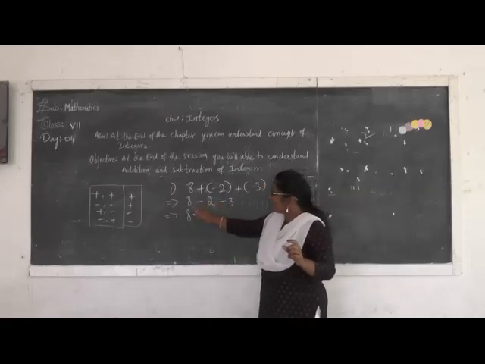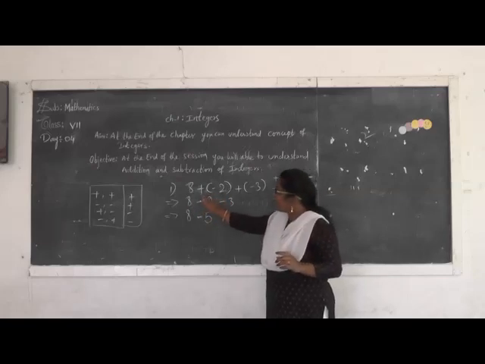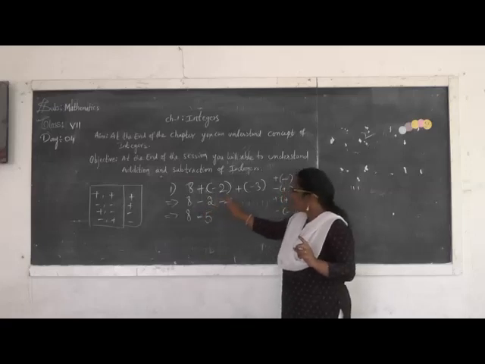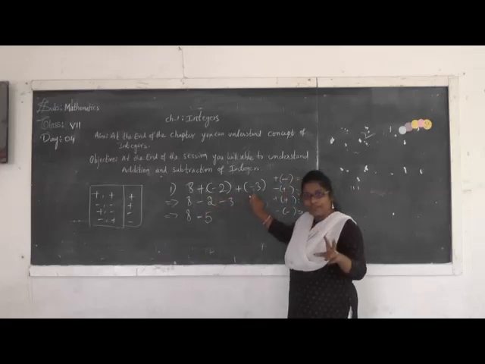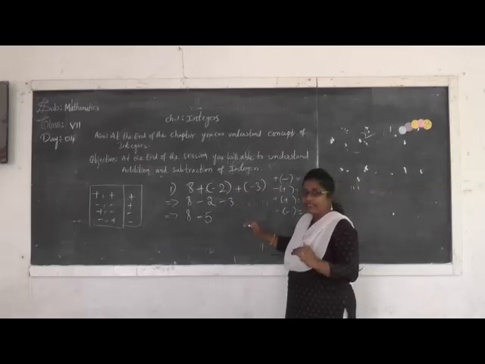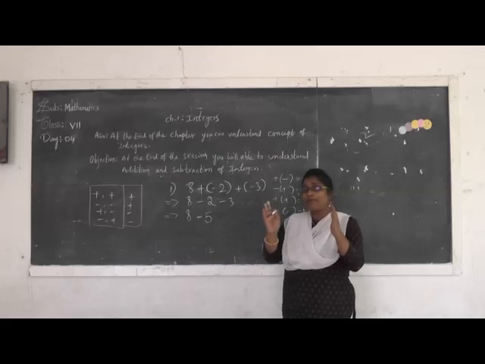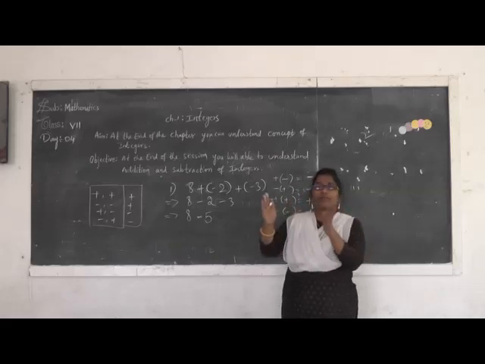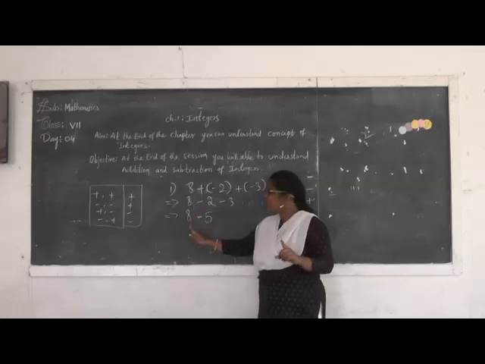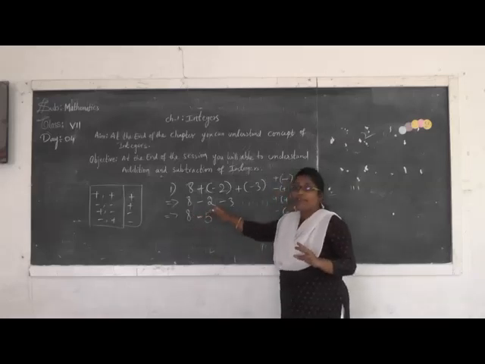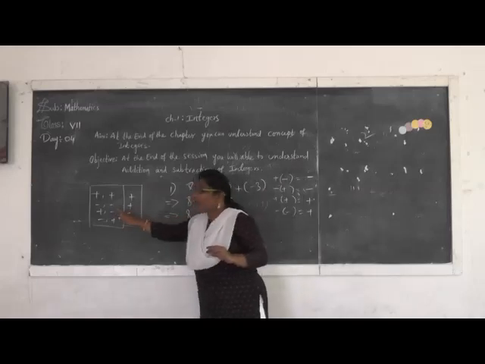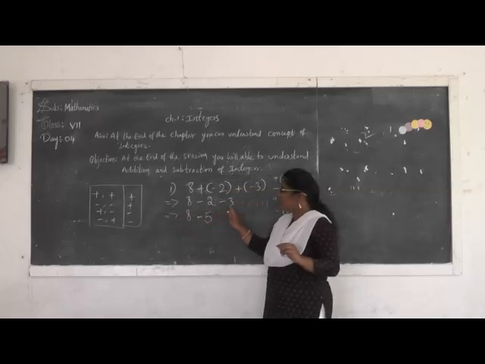See now. 8. First remove the bracket. So one is plus, one is minus. Both are different signs, so we have to keep here minus 2. One is plus, one is minus. Both are different symbols, so again I connected it with the minus symbol, 3. After this step, what do we have to do next? We add all the positive integers and simplify all the negative integers. Since here 8 is the only positive integer, I wrote it as it is. Next we have to simplify the negative terms. Here both are negative. If both are negative, we should add. So 2 plus 3, here it is 5.